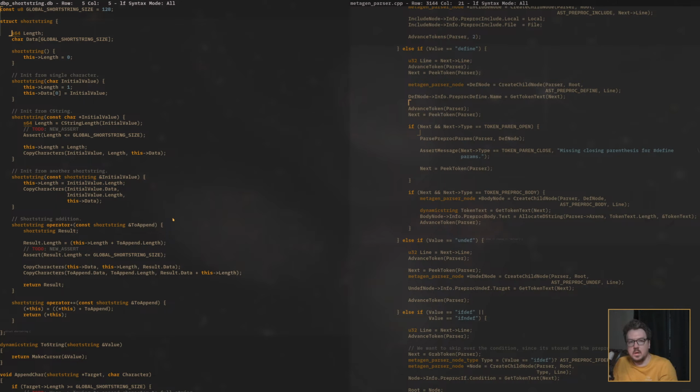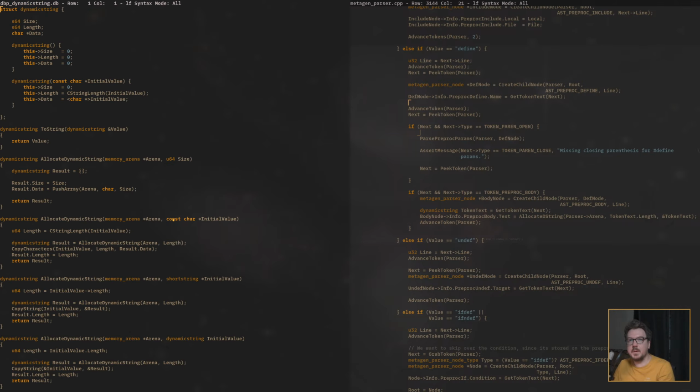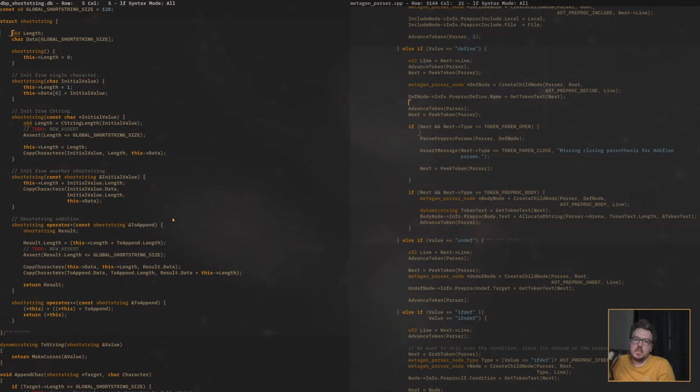I mean, they are relatively big, but I use them in places where I would be using a character array anyway. Mostly I would be using another dynamic string, which again is counted, but you allocate it. So short strings are just for places where I don't want to allocate dynamic memory.